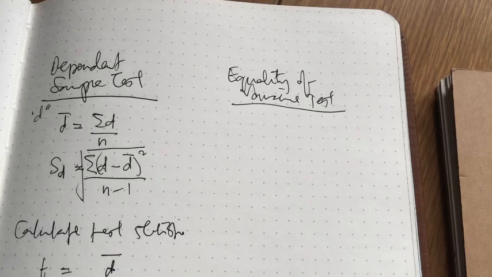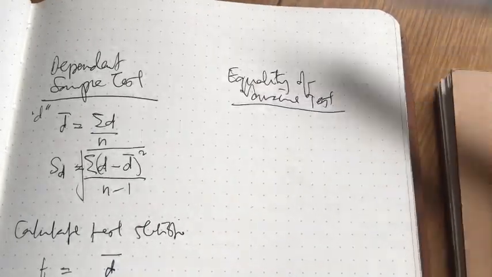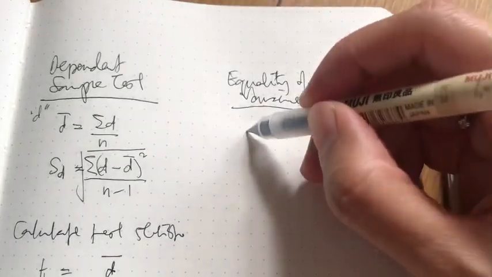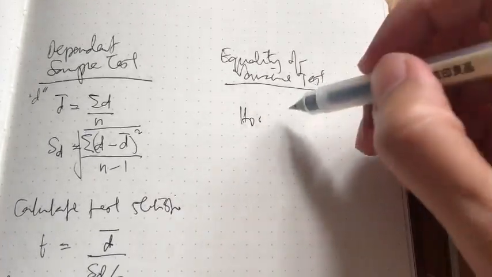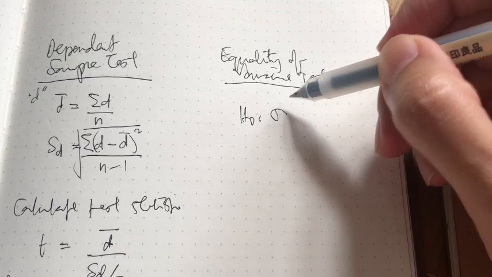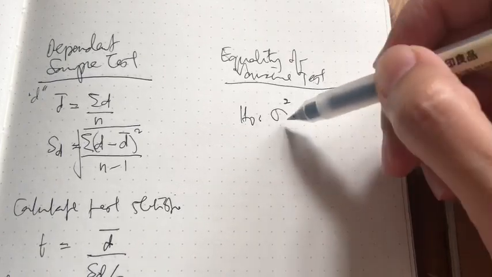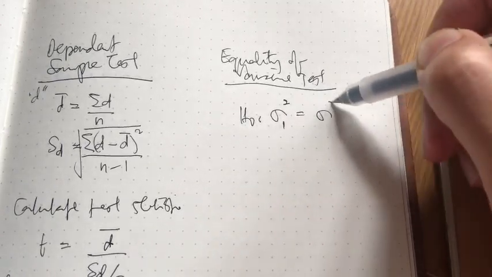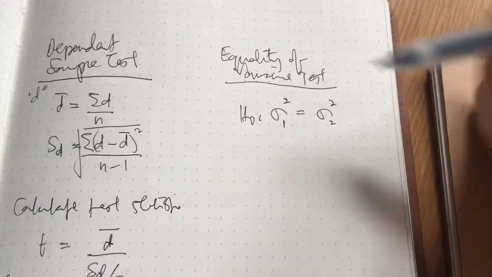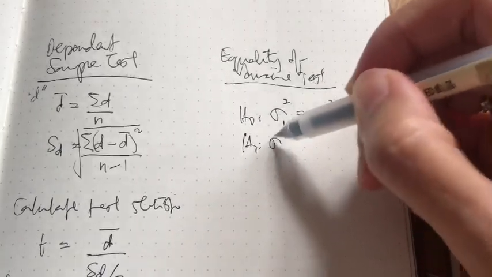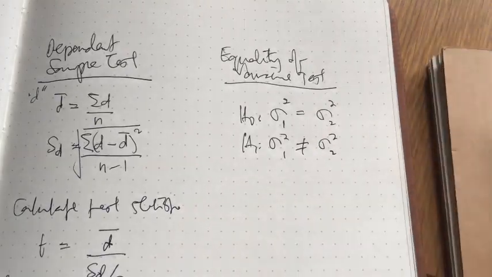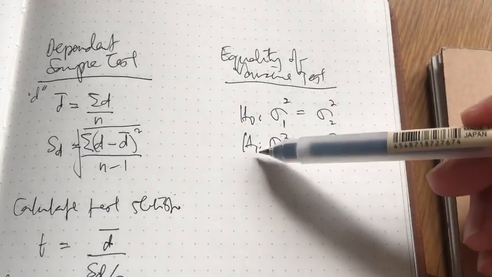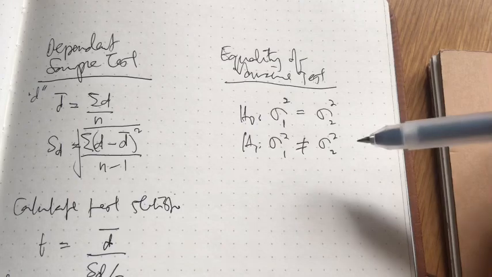Averages. So this time is the first time we're going to test variances. So how do we write the hypothesis? It's not mu this time, but population variance. So here we're assuming the hypothesis is that two population variances are equal to each other, as compared to they are not equal to one another. And as always, the sign of the alternate hypothesis can also be greater than or lesser than, depending on